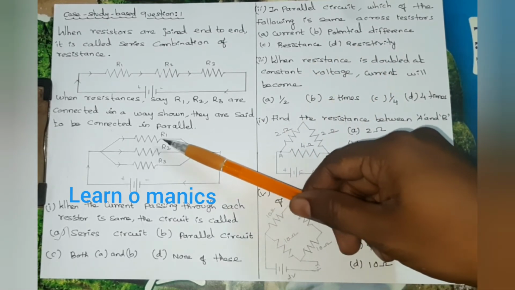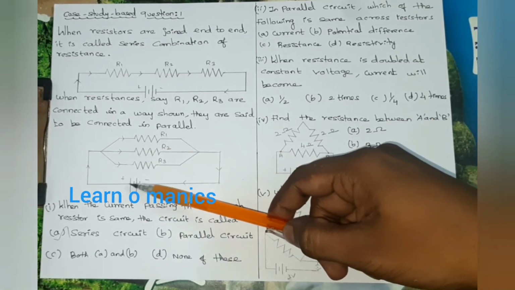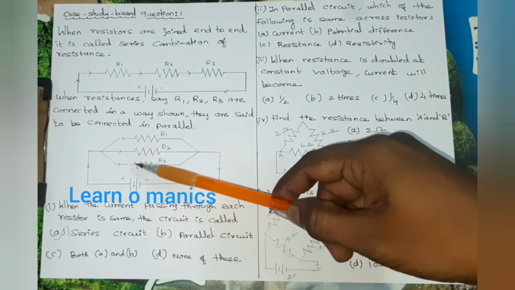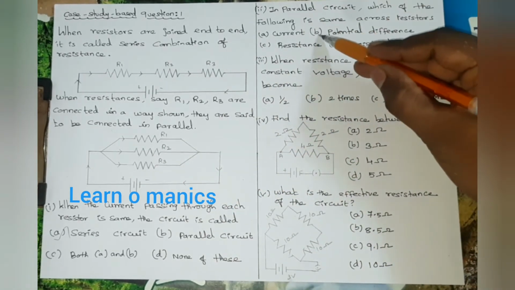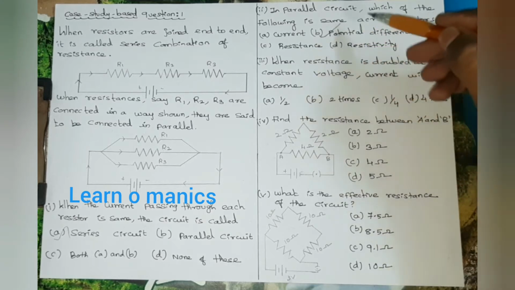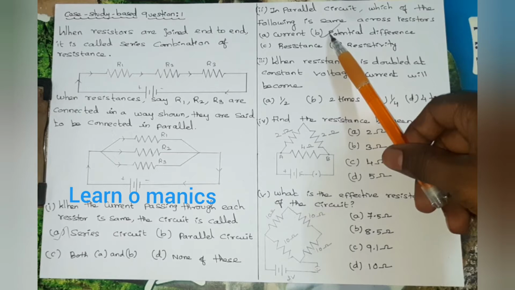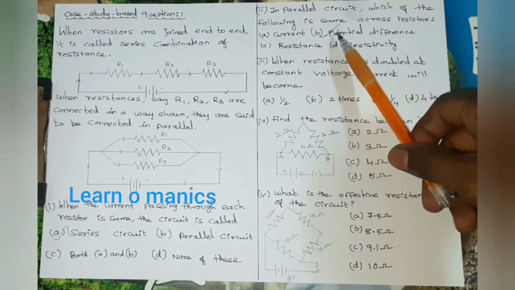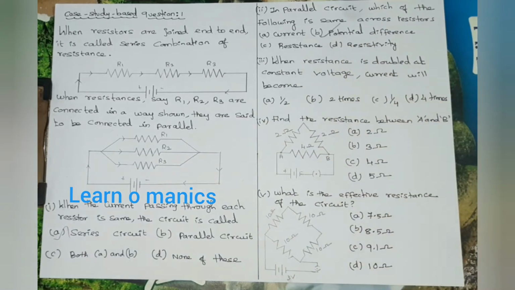We can verify that with the help of the circuit diagram also. When you look at the circuit diagram, all the 3 resistors have been connected to the battery with a separate connection, and that means the potential of the battery has been applied to the 3 resistors equally, so we can go for option B. So in a parallel circuit, with the prerequisite knowledge also we can get the answer that when the parallel circuit is there, then the potential difference is the same across all the components connected in the parallel circuit, right? Then the option is potential difference.